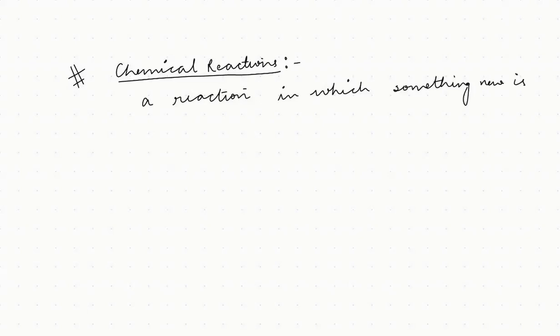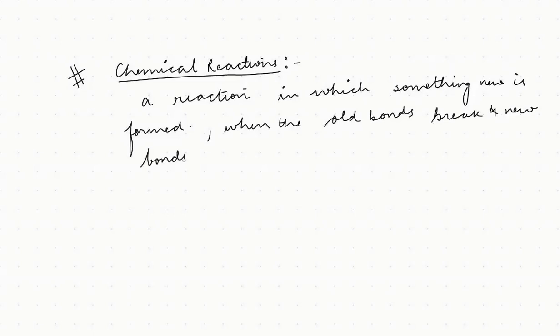Yes or no? Yes. So how is it formed? When the old bonds break and new bonds are formed. So when old bonds break and new bonds are formed, this would be called a chemical